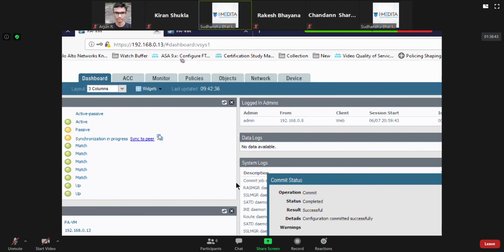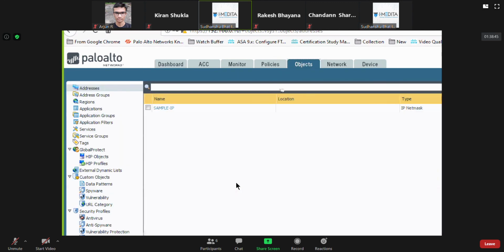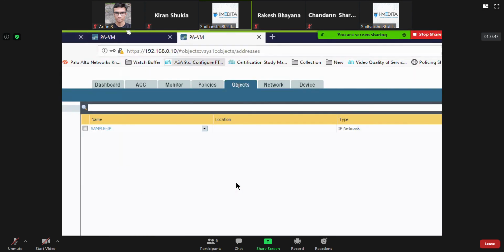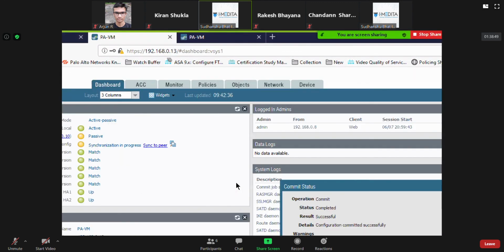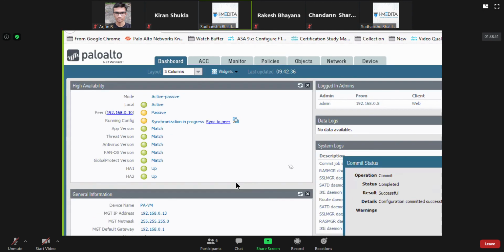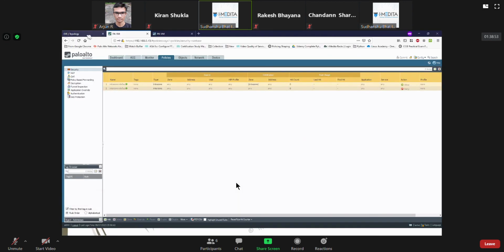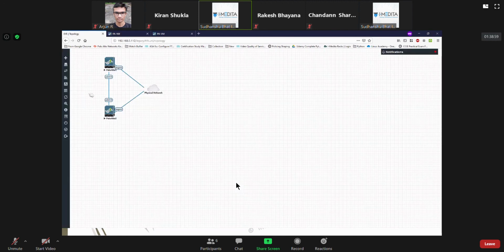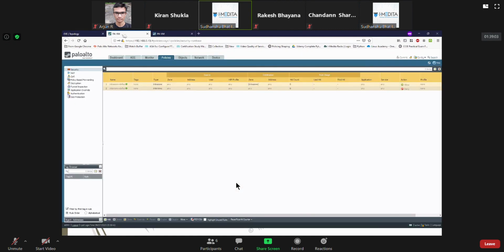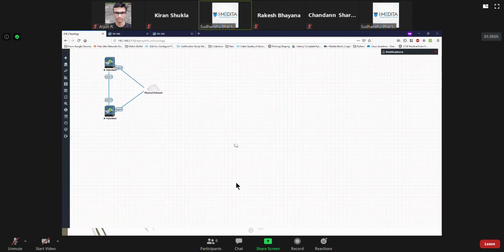And if you go to object, the IP address comes on this .10 firewall as well. Similar thing, you can try it for other things. Rest, you will obviously have to have a switch inside, outside, and everything else, but this is from the HA point of view what you need.